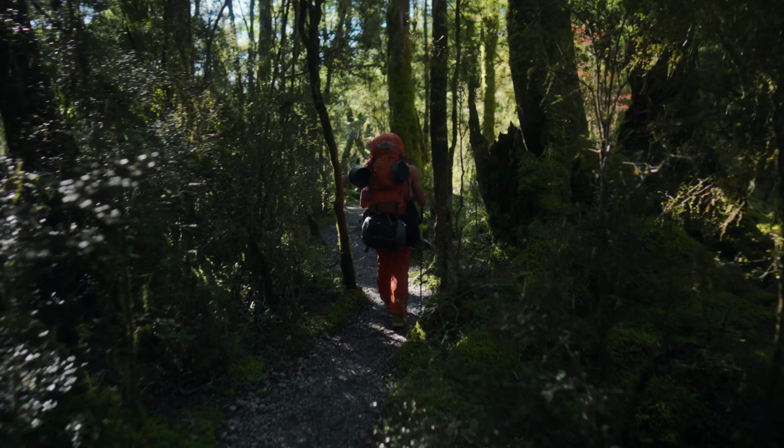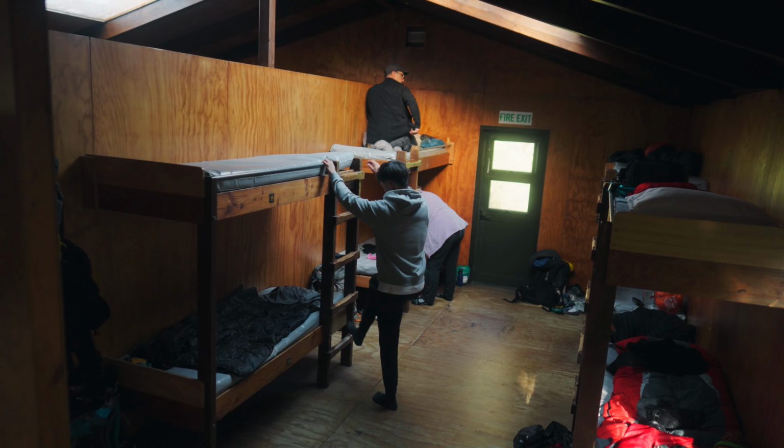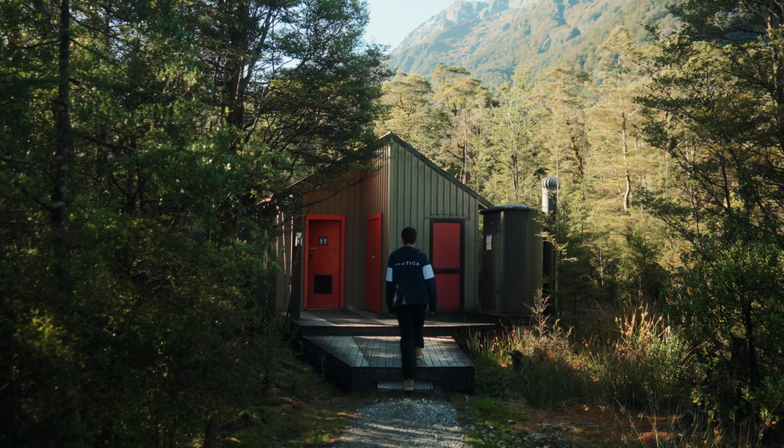Day 1 is just a relaxing 5-kilometer hike and we have reached the first hut. This is a $130 stay and we all get top bunks because we showed up too late. There are 3 flushable toilets, which is a bit questionable,